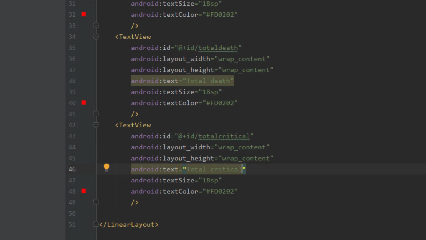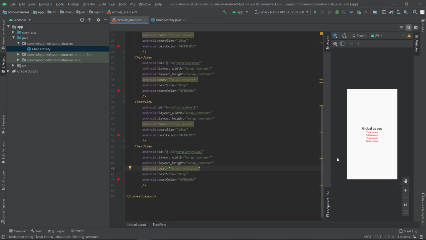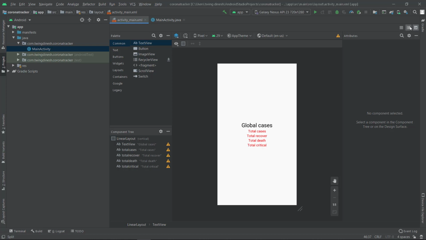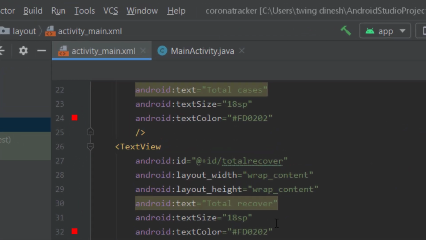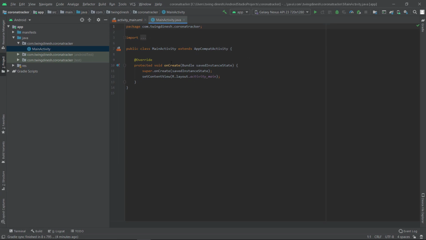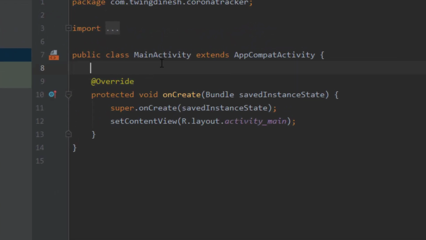Actually there are many datas in a JSON format, but as of now for the example purpose I have given only 4 datas. So by seeing this you can also modify or add or remove any of the datas. Okay, yeah, perfect. So layout part is completely finished. So next is Java file. So let's say